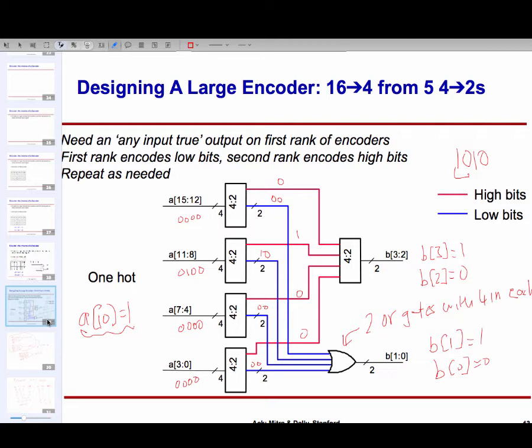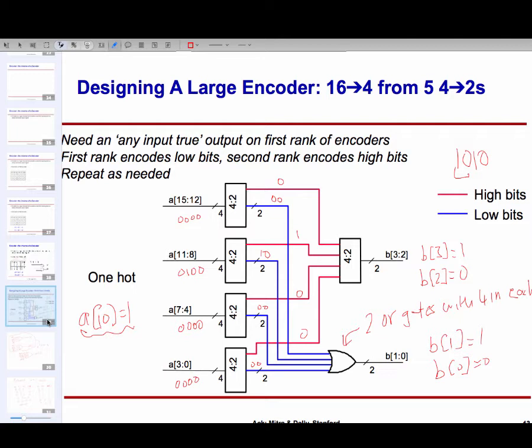If by contrast the input was all zeros, which can happen in our example because of the way we have split things up, then the blue wire will have the value 0, 0. The red wire will have the value 0 if the input is invalid, if the input is all 0. Whereas the red wire will have the value 1, as shown for this third from bottom encoder, because it is seeing 0, 1, 0, 0. So we see on the blue wire 1, 0, and on the red wire we see a 1. So the red wire is basically saying, hey, this encoder is seeing a valid one-hot code, and the blue wire is saying which wire within that encoder was seeing a 1.